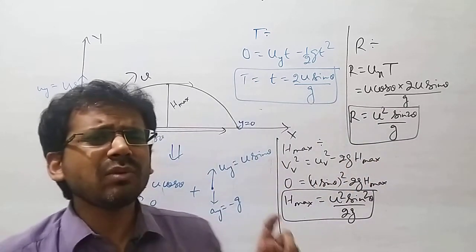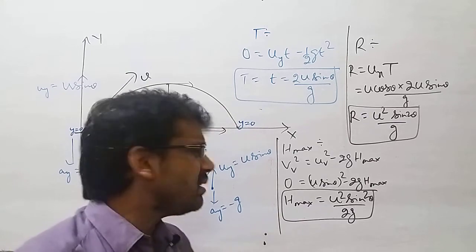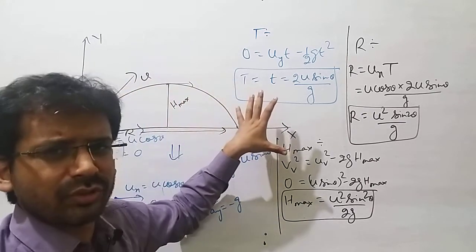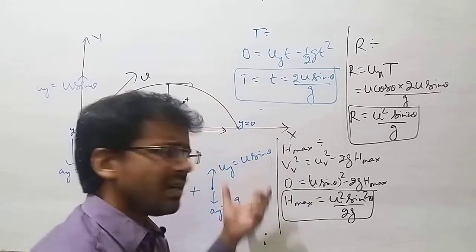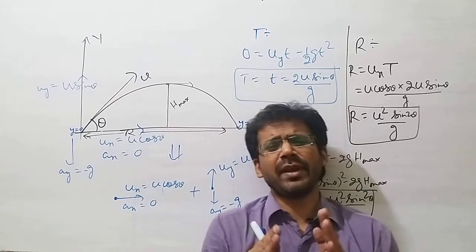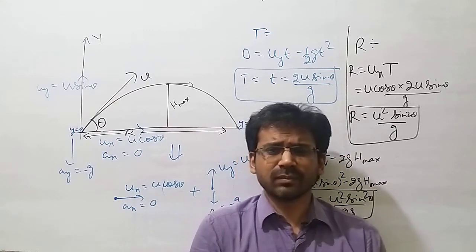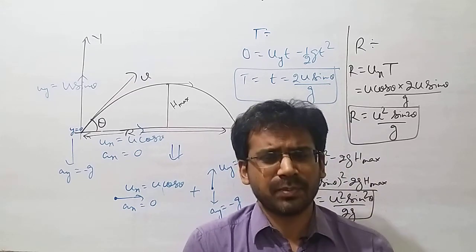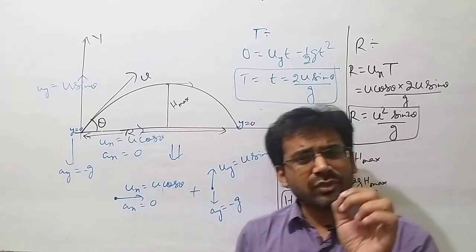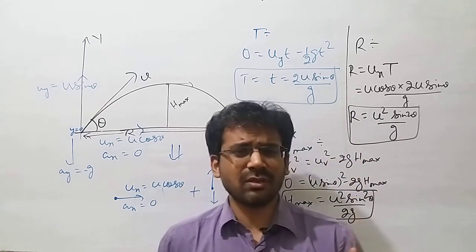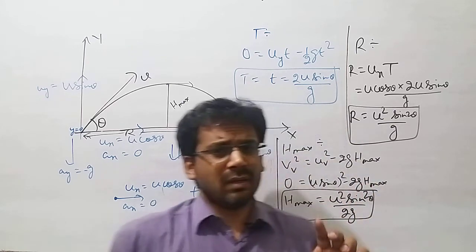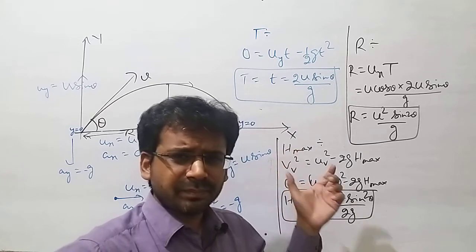See how easily we can find the terms related to this 2D motion by using the concept of 1D motion. Projectile motion is none other than a combination of horizontal and vertical motion, and always use this concept in projectile motion to find all terms related to this topic. This was just one example.